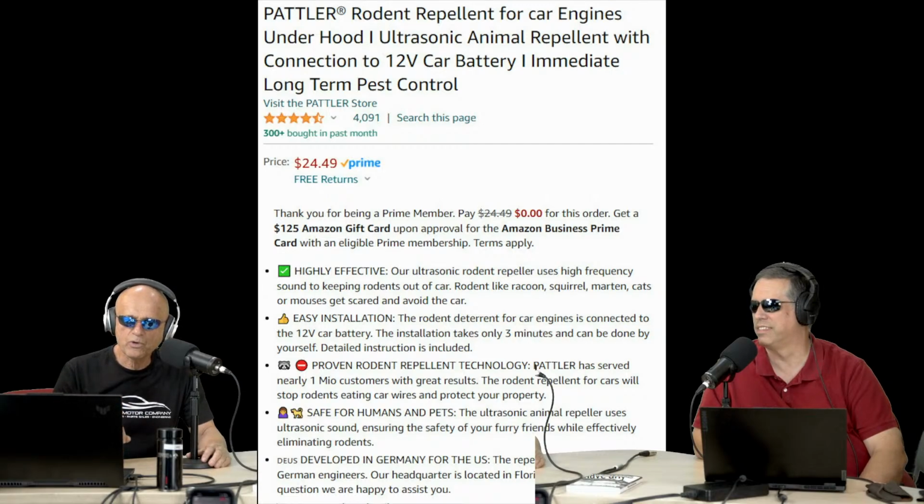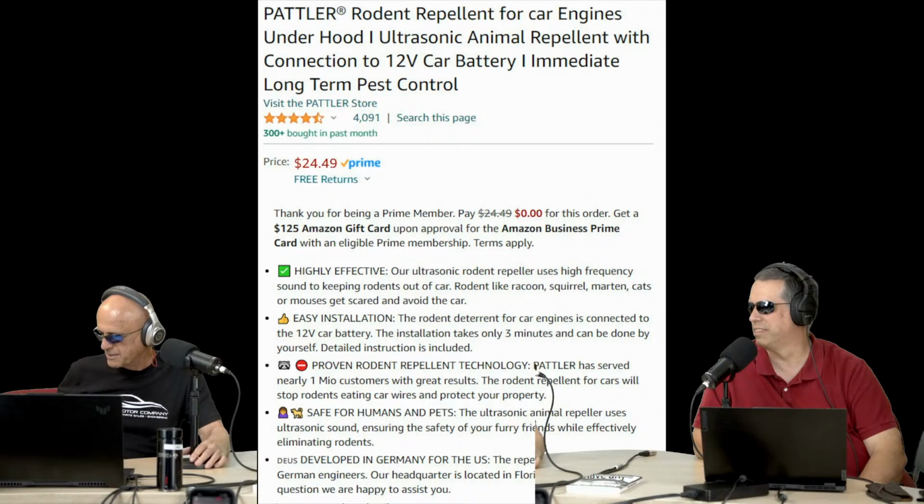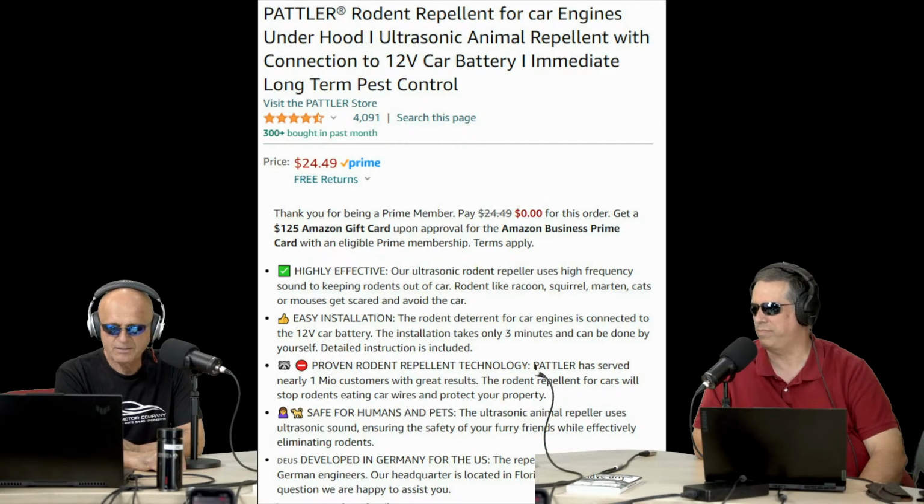So this is what we're experimenting with now after we do a rodent repair. We're actually going to give you an option to have these kinds of things installed in your car. And also always remember, off to the right there, you have Mouse Out as well. We do, yeah. We've got that Mouse Out spray that George gave us. It's another alternative, a little cheaper too. Yeah. So it's money well spent, in our opinion, because we've seen some of these disasters,